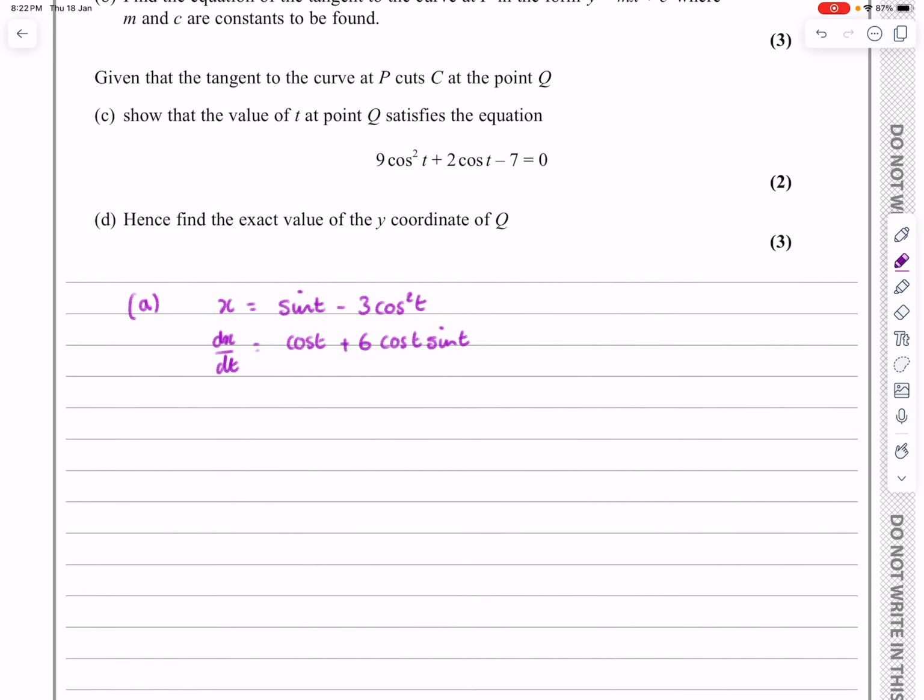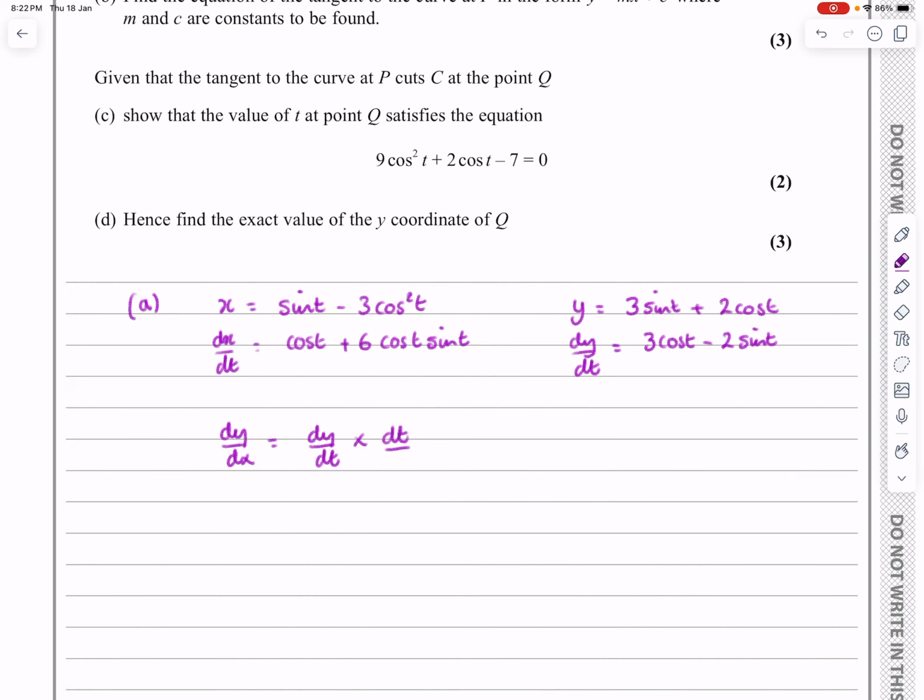Let's have a look at y. We've got y is equal to 3 sine t plus 2 cos t. So following exactly the same idea, we shouldn't have any problem differentiating this. Differential of sine is cos, so 3 cos t, and differential of cos is minus sine, so minus 2 sine t. And they want us to do dy by dx, which is dy by dt, no problem with that, but